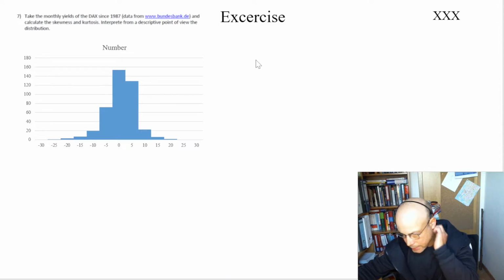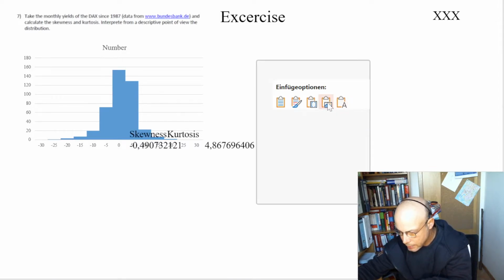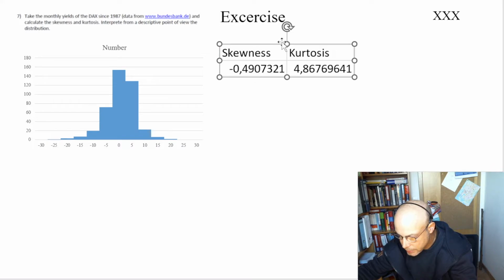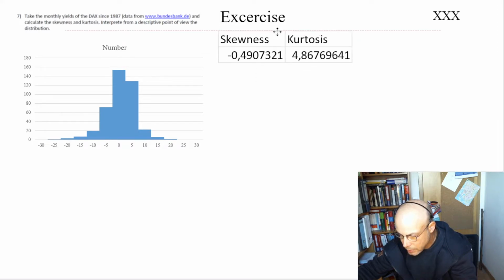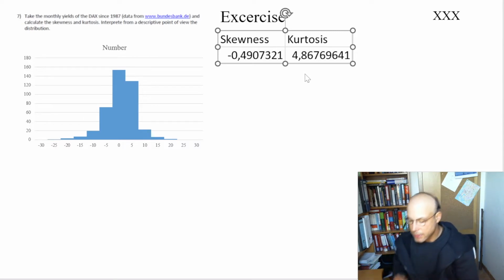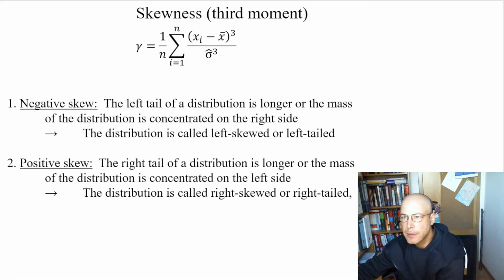So the DAX yields have a skewness of minus 0.5 and a kurtosis of 4.86. So when we want to interpret this, we have then a negative